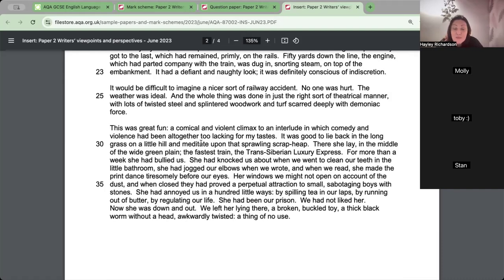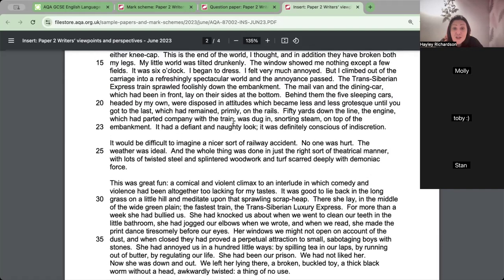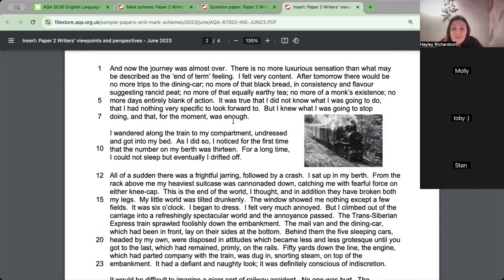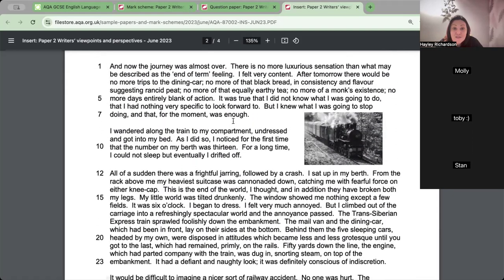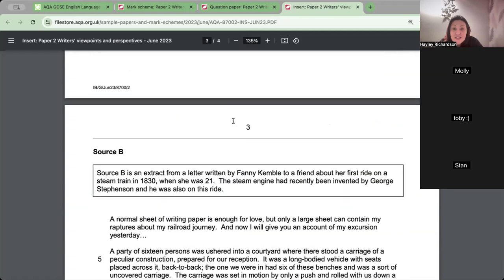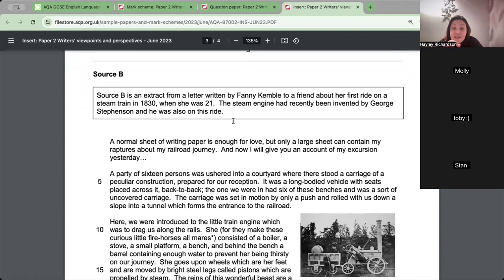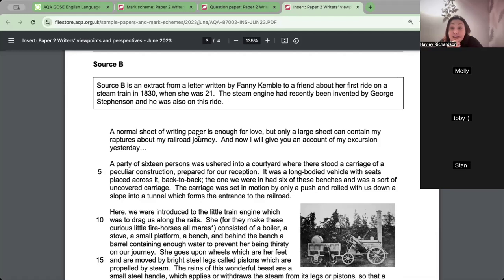So lots of personification going in there, describing a train crash, and personifying the train itself. Yeah, I'm going to leave it there for now. Now that one was written in the 1930s. This one is written in 1830, so it's quite early